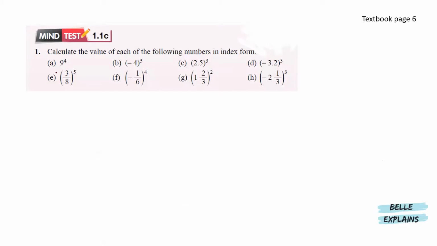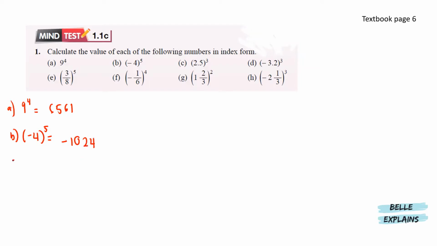Calculate the value of each of the following numbers in index form. So here we have 9 to the power of 4. Just put it in your calculator and that will give us 6561. Next for B, we have -4 to the power of 5. When you put this in your calculator, make sure to put the bracket first, then -4, close the bracket, then put the power of 5. So that will give us